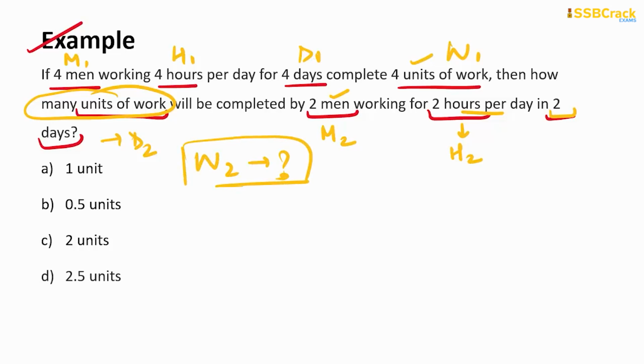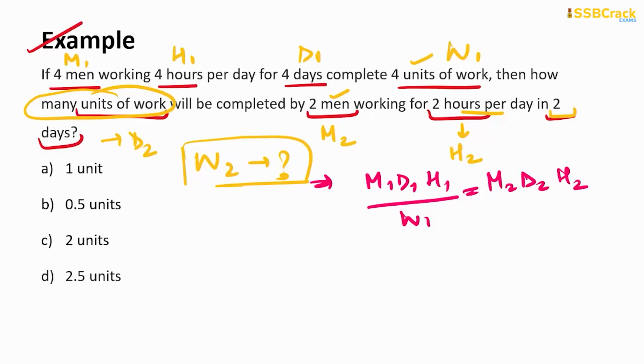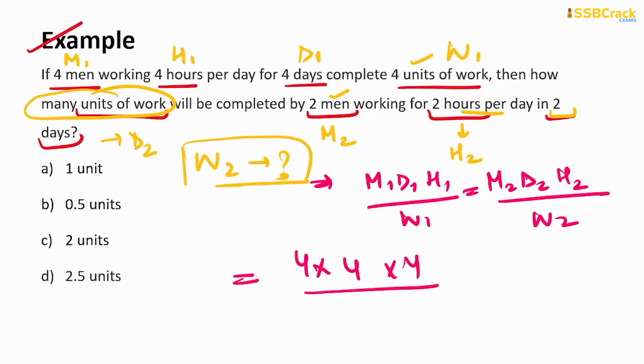So here there is no need to include the wages in the formula, as nothing about wages is given here. So we can customize our formula accordingly. So the formula will be M1 D1 H1 by W1 is equal to M2 D2 H2 by W2, right? Now we can easily put the values. So M1 is 4, D1 is also 4, H1 is also 4, and W1 is also 4, right? Similarly, M2 is 2, D2 is also 2, and H2 is also 2, and we are required to find our